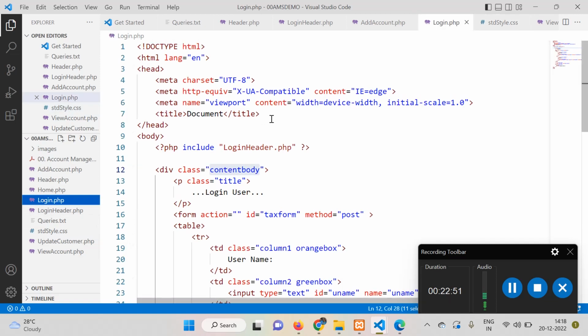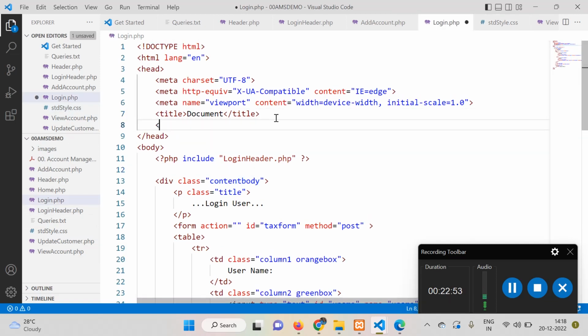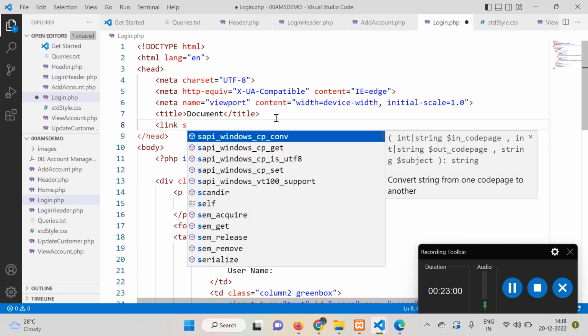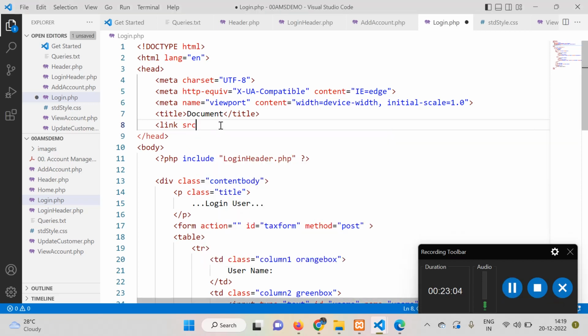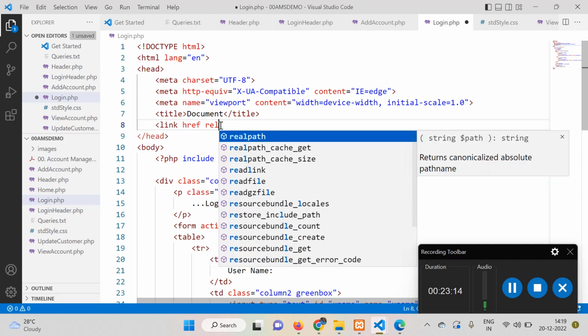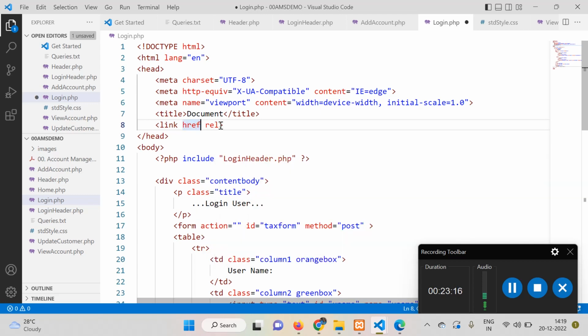So the login page header, and I am using link, and then SRC. This is not SRC actually. So this kind of thing you have to remember. For the link, there are two properties: href and rel. So href is a reference to that